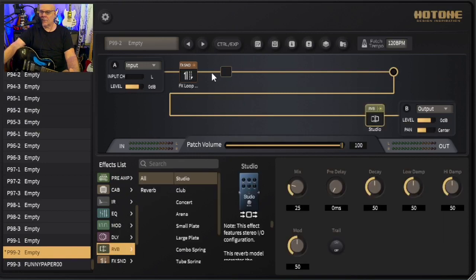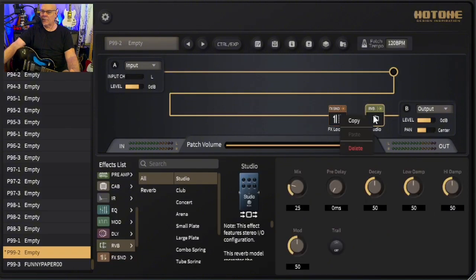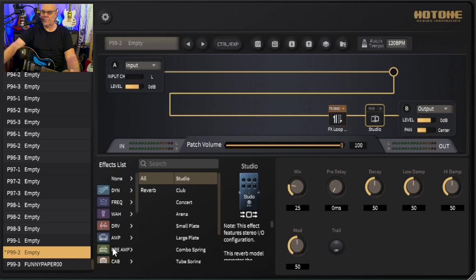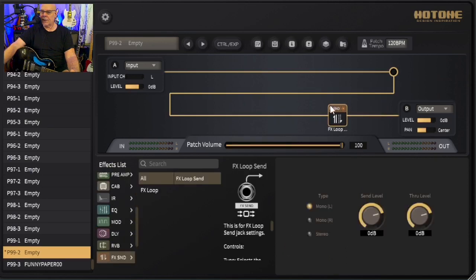Yeah, you could put your reverb down here and then put this just before it. So I'm going to take this out, and we're going to just put this here for now. So, what you'll need to do this